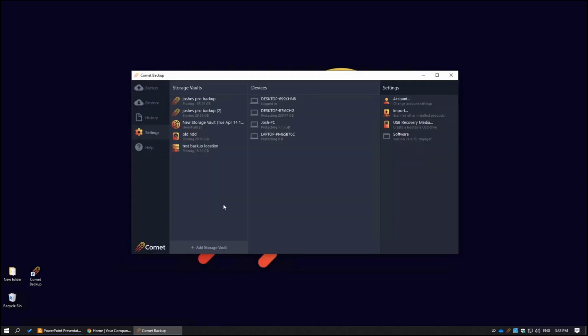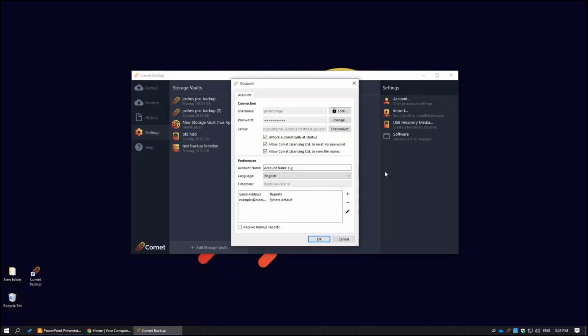Then we've got the settings section, so you can come through and add additional storage vaults if need be. You can see the devices associated with this account. We've got the account settings area here, so here you can come and do things like preventing the ability for the desktop agent itself to automatically be unlocked if the PC was to restart. If you want to lock down the agent, so for example,